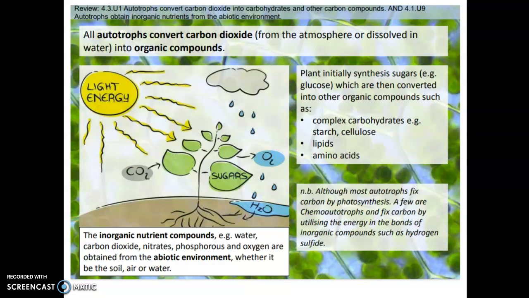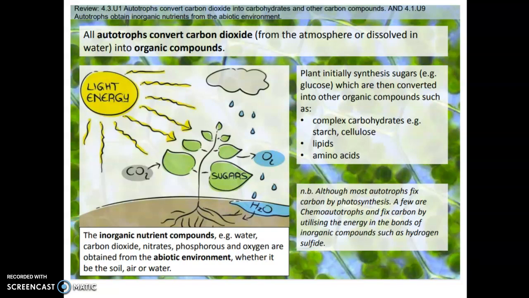When we talk about those autotrophs, the classic, right, plants, photoautotrophs, they're able to convert carbon dioxide and water, inorganic molecules, into organic compounds. Once plants make those sugars, they are then able to convert those sugars into all the other organic compounds that they need: starches, other large saccharides, cellulose, fats, lipids, amino acids, etc. Okay, so those are photoautotrophs, and for photoautotrophs, light energy is their source of energy to power those